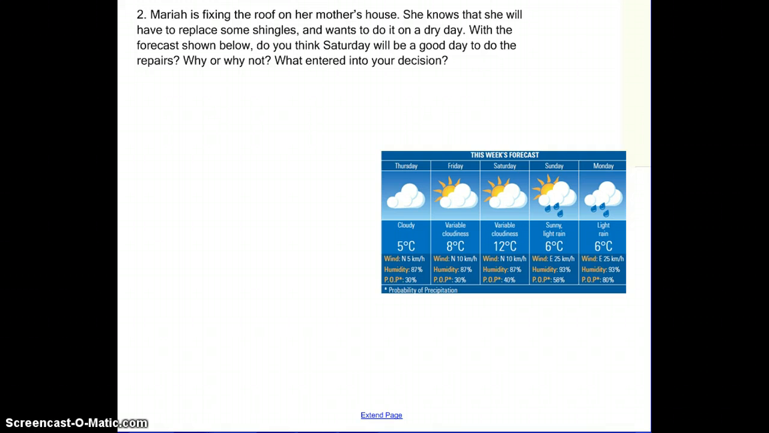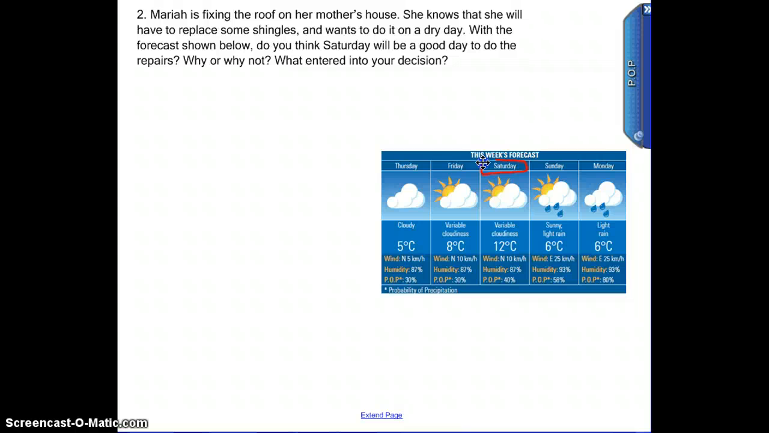Now our next scenario is Mariah is fixing a roof on her mother's house. She knows that she'll have to replace some shingles and wants to do it on a dry day, so not a day that's going to rain. Do you think Saturday would be a good day to do repairs? Why or why not? So Saturday, it's right here. Picture shows sunny and a little bit of clouds, 12 degrees Celsius looks good, wind north 10 kilometers an hour,